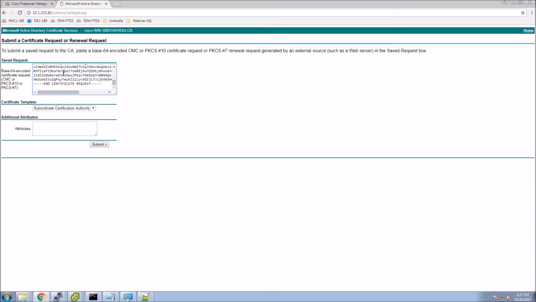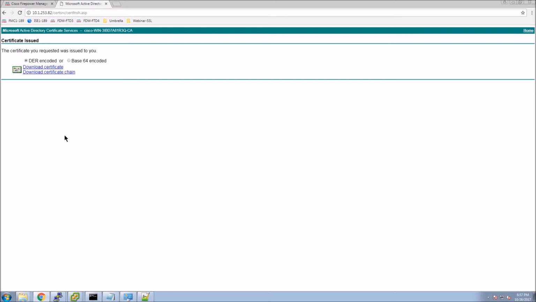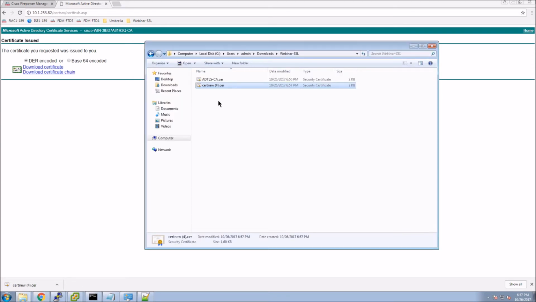I'm logged in as administrator here as well, on the console. So we'll do the submit, and you can see the certificate's been issued. We'll download that certificate and give it a meaningful name to make life easier later. And then we're going to go back